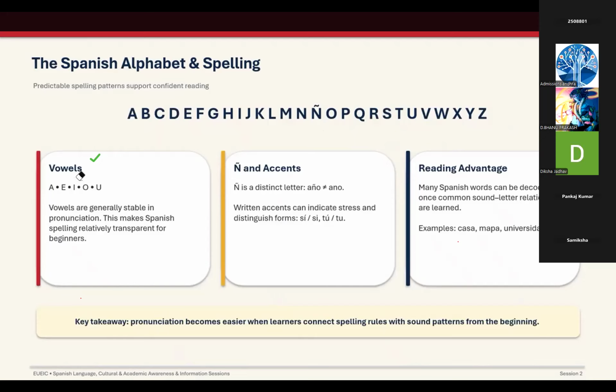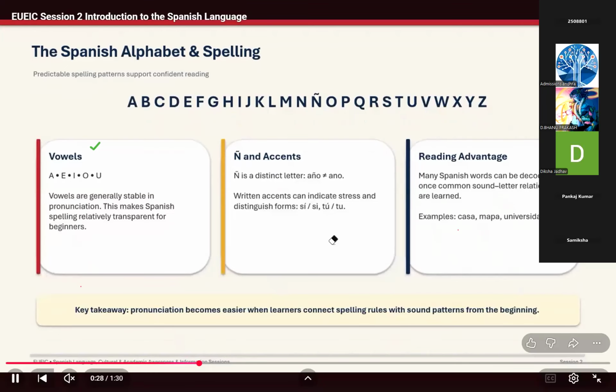You have the vowels, you have accents, and there is a reading advantage which makes it easier compared to other languages, because the way you write is the way you read it. The vowels are generally stable in pronunciation as well, so reading is also not that difficult, like I said. Next you have,